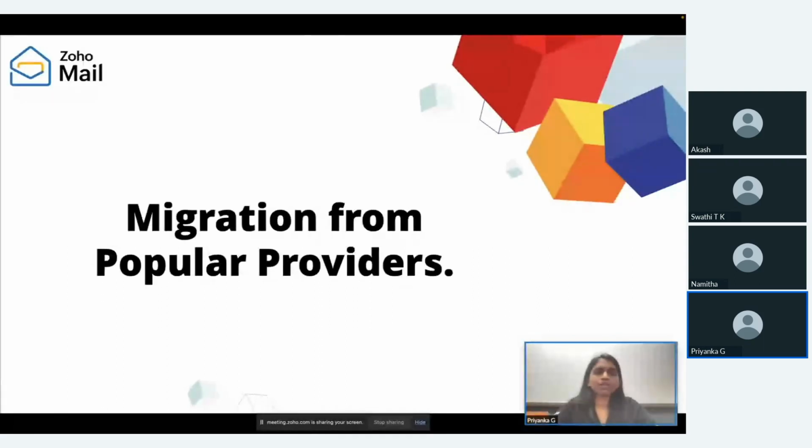So for affordability reasons, security reasons, and information data sharing reasons, you will want to switch to a different provider. And choosing Zoho Mail could be the best fit for you. You should be able to bring your data from a different server to Zoho Mail as well. So for that, today's session is going to cover the methods and the steps involved for you to perform